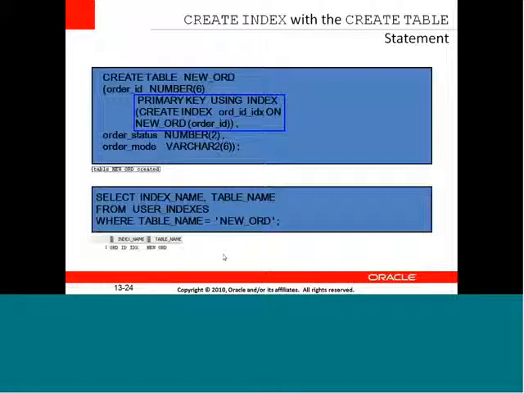If ever I want to view the index I have created, how to view an index? Select index_name, table_name from user_indexes where table_name is so and so. Here we are using user_indexes. We will have detailed information about how to get the count of how many indexes are present in the database, how many sources we have created.